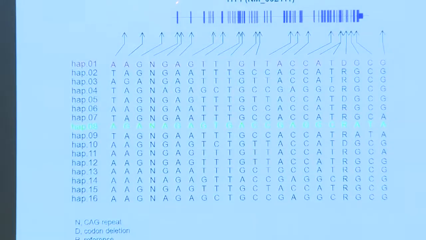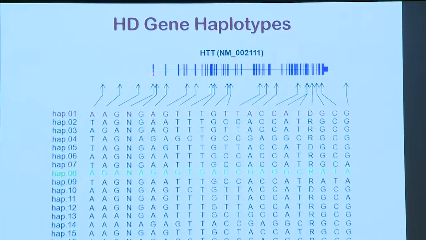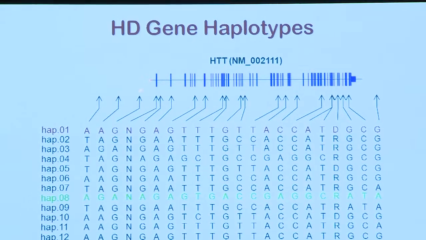And when the CAG expands, this Q stretch goes up to over 37. Okay? Well, the instability of this was something that people wanted to study. So they took a clone that represented just the 5' portion here that contained exon 1 with the CAG repeat, and it turned out by